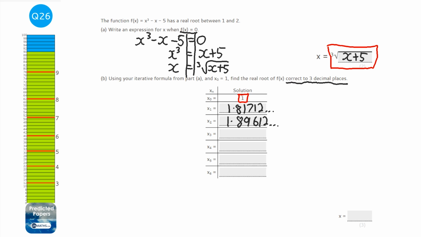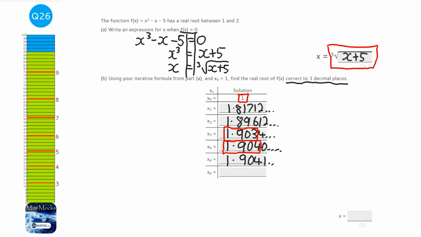1.89612, blah, blah, blah. So I'm going to do the same again. Cube root button, answer plus 5. And we've got 1.9034, blah, blah, blah. Cube root button, answer plus 5. And we've got 1.9040, blah, blah, blah. Now, we're looking for 3 decimal places, so the numbers we're looking for being the same are these ones here. We've almost got them the same, but we're not quite there, so we need to do another one. So cube root, answer plus 5,